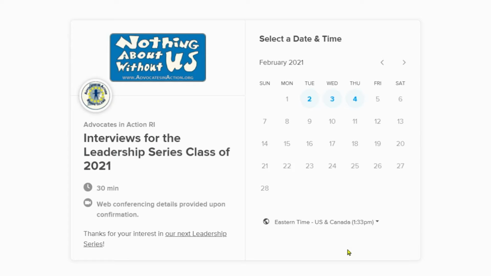And so here are the dates. These are the same 3 dates that we just told you about above: Tuesday, February 2nd, Wednesday, February 3rd, and Thursday, February 4th. Say you want to pick Wednesday. You see how my mouse is an arrow right now? When I put it over these other dates, it doesn't do anything. It just stays an arrow. But when I put it over the 3 dates that we have interviews, it turns a darker blue and the arrow turns into a hand. That means you can click it and it's going to do something.